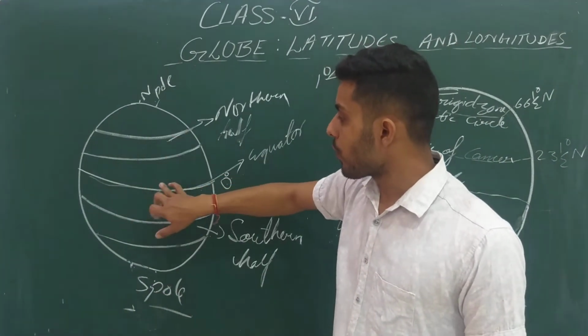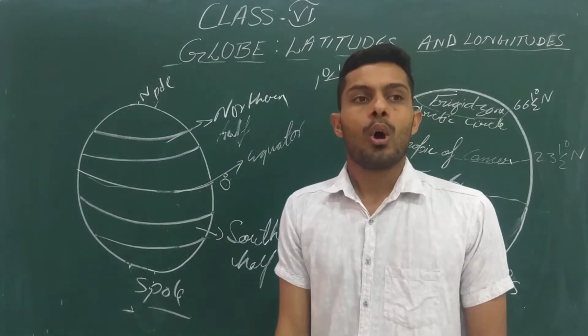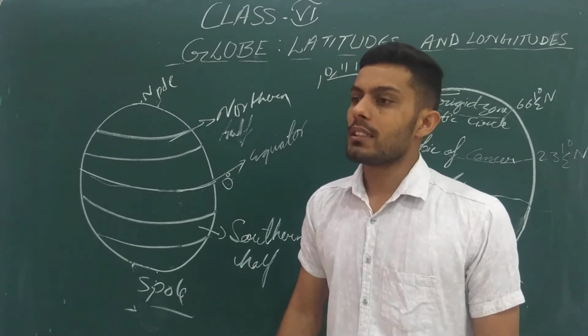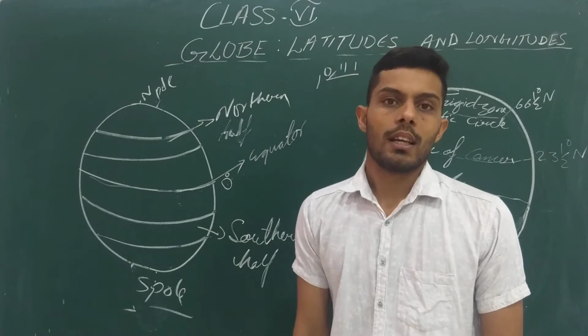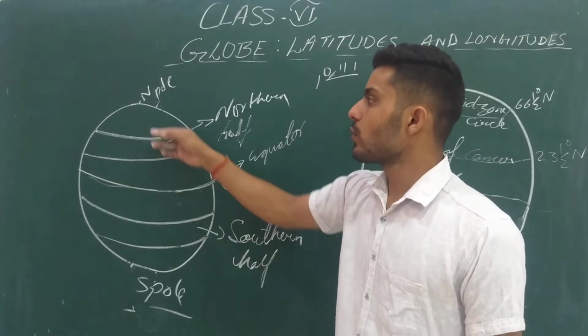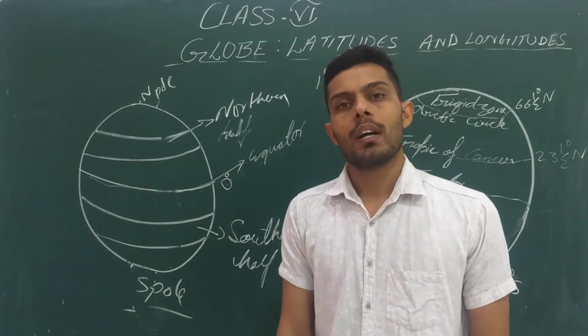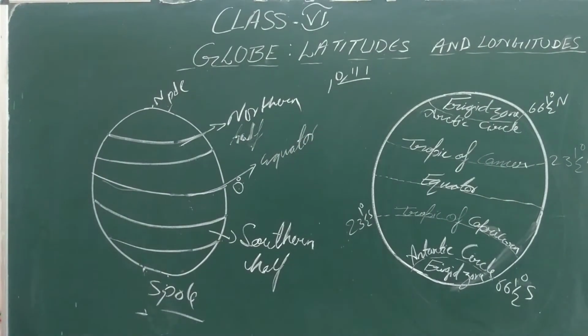When we are moving from the equator to the north pole or from the equator to the south pole, all these parallels of latitude have their own values. These halves have been divided into a quarter of 360 degrees, that is 90 degrees. So when we are moving from 0 degree to the north pole, its value ranges from 0 to 90 degrees. How will these values range?